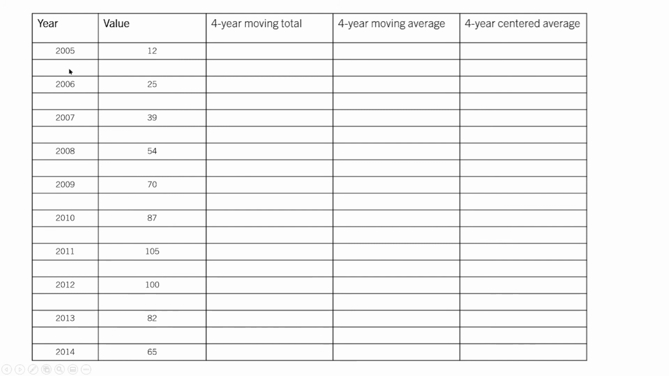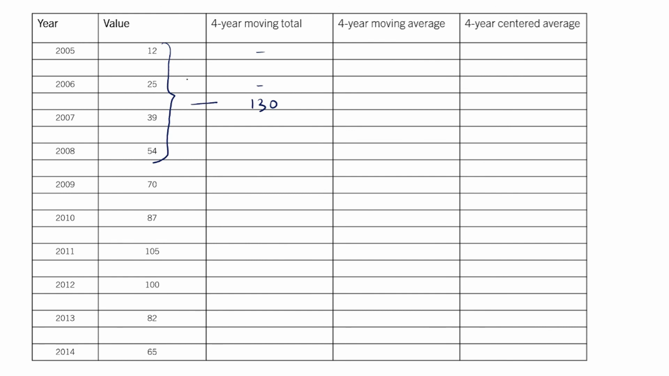It is better to leave a line after each year, because to find the 4-year moving total, we need to write the value in between the second and the third year. We have to add the first 4 years' values and write it in between the second and the third year. So the 4-year moving total will be 12 plus 25 plus 39 plus 54. So it is